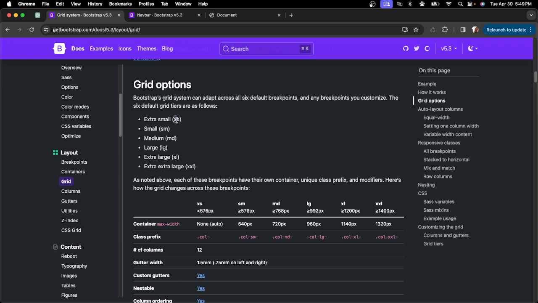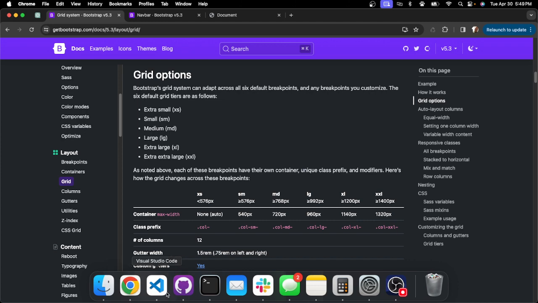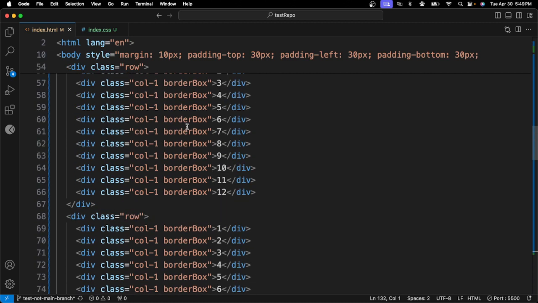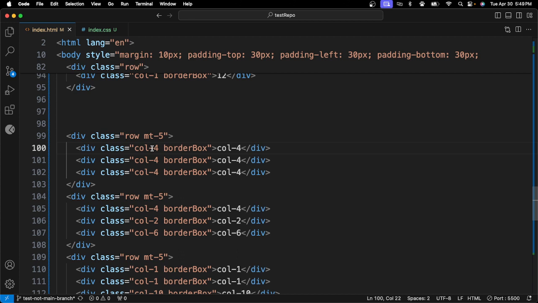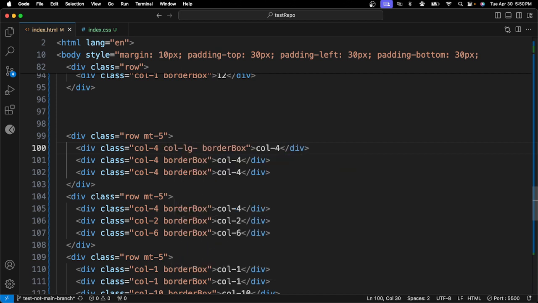What you can do is add XS or all these different screen sizes just by using the little classes here. So for example, let's go to our 4x4s. If we wanted this to be 4 on an extra small screen, so it starts mobile first, so you don't have to specify that. But if on a large screen we wanted this to be all the way across,